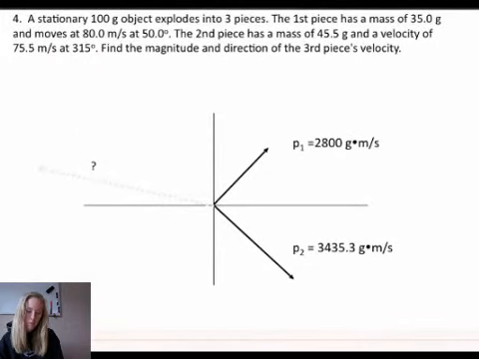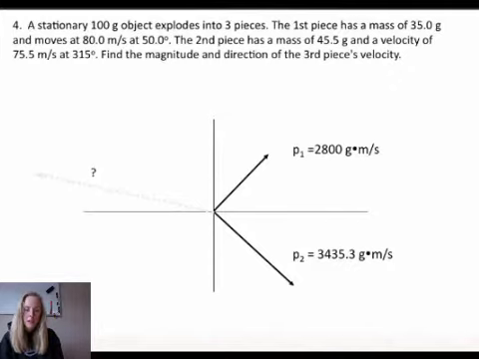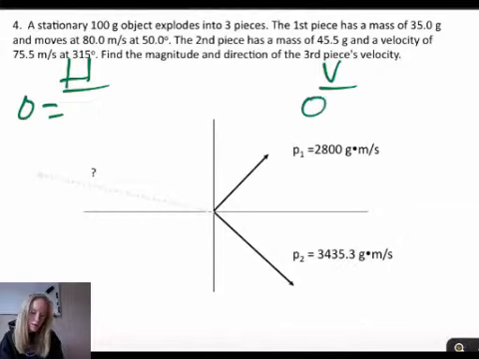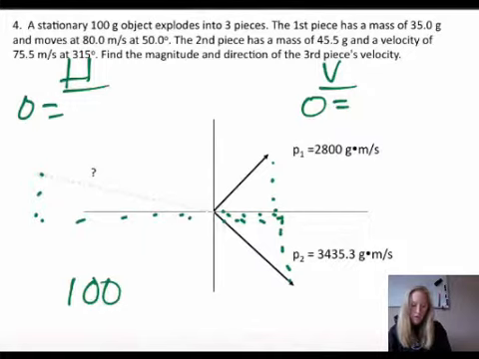Alright, here we have an explosion problem as promised, and it's exploding into three pieces. So we're still going to do horizontal and vertical, but since this is an explosion, the left side is 0 because it started as 0 for both of them, so that's easy. We need to break both of these up into components, and this last guy. The total is 100 grams, and the first piece is 35 grams, and the second piece is 45. So this third piece is 20 grams